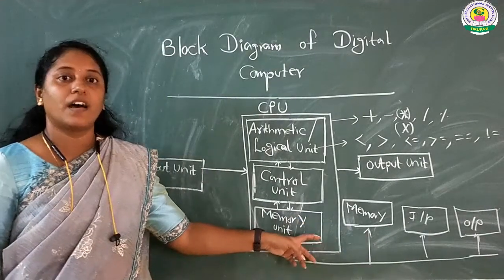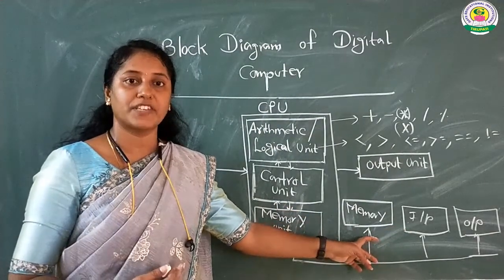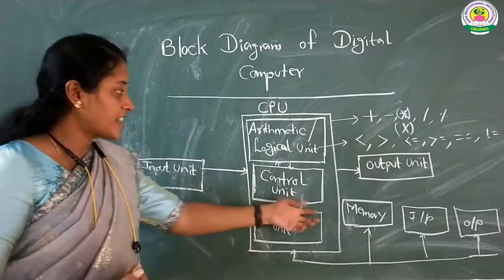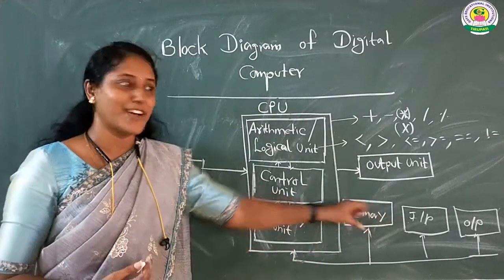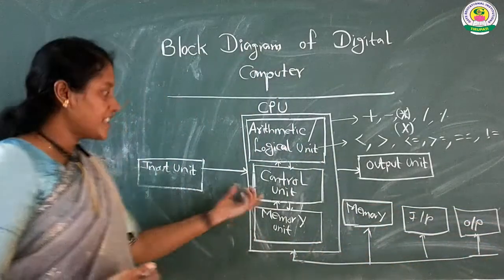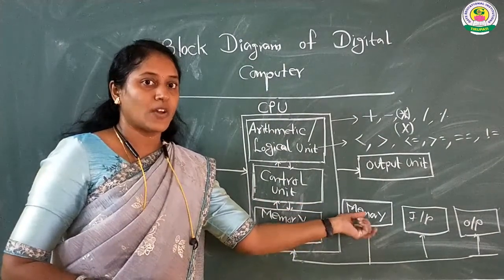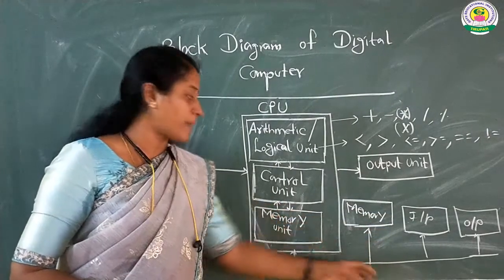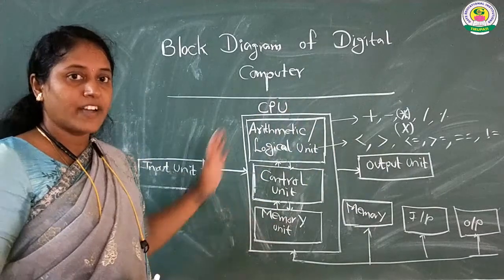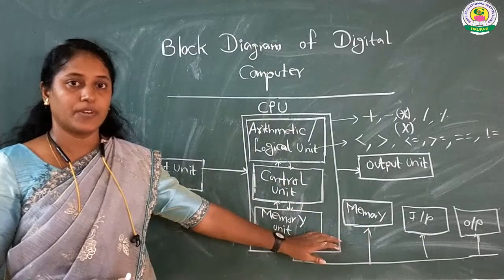The system bus actually communicates all the information between the parts of a computer, like fetching the data from memory and supplying it to the output unit, as well as the instructions coming from the input unit being stored into the memory. Like this, these activities are conducted by the system bus, right? So this is the complete functionality of all the components which are connected to the computer.